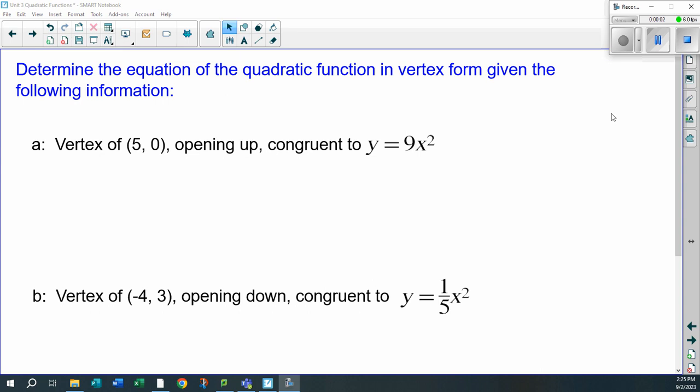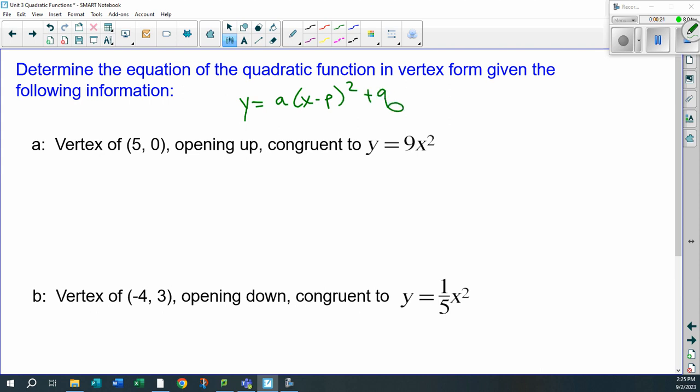Let's continue our journey on how we describe quadratic function transformations. I'm going to give you a bunch of information now, and I'm going to tell you, give me the equation. Remember what the equation is: y equals a(x minus p) squared plus q. Always remember that. Burn that into your brain and understand what each one of those values, a, p, and